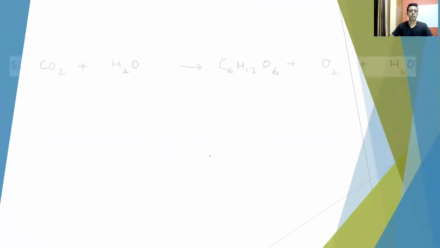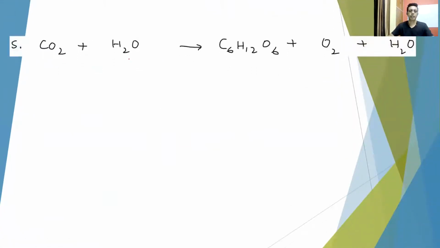The next equation is this: carbon dioxide plus water gives glucose plus oxygen plus water. So here we'll try to balance oxygen at the last. At the end, we are going to balance oxygen. We'll try to balance with the biggest formula, that is glucose, with the atom which is present in the highest number. So this is 12 and this is 2, 14 hydrogen. So 14 hydrogen, to make this 2, 14, you have to place 7 here. So when we place 7 here, hydrogen becomes 14.